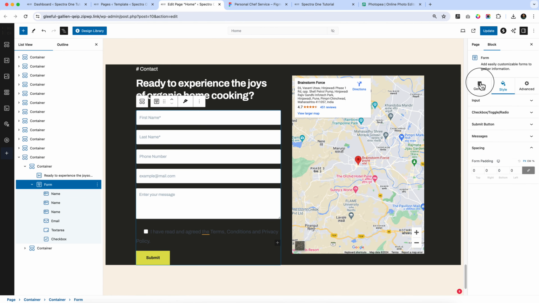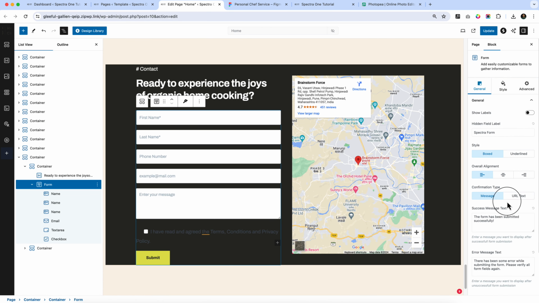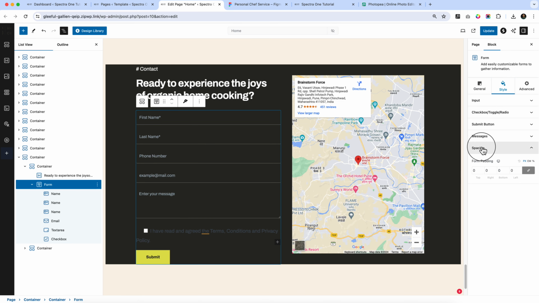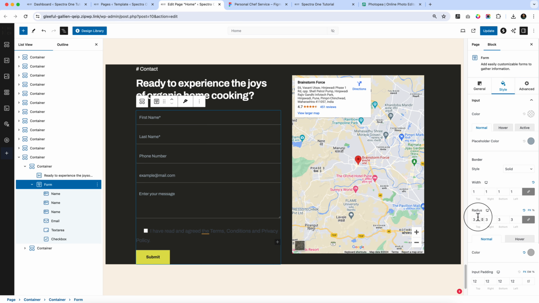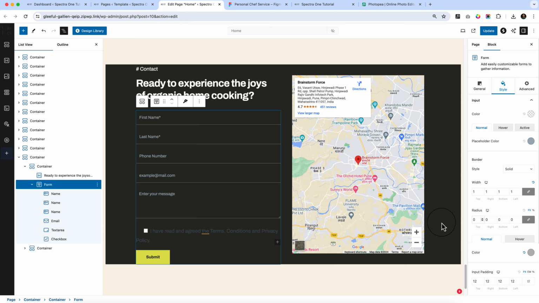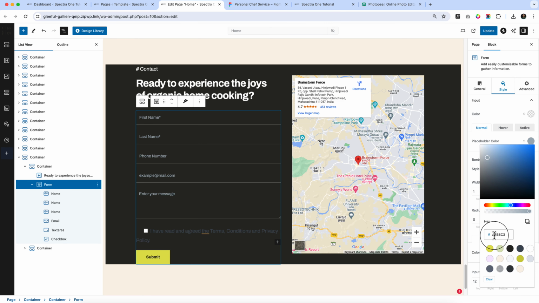Select the form and change to the underline, and also go to the styles tab, go to the input, and border radius make it 0, and just take a look at here, the placeholder color is white color. Let's change the placeholder color white,